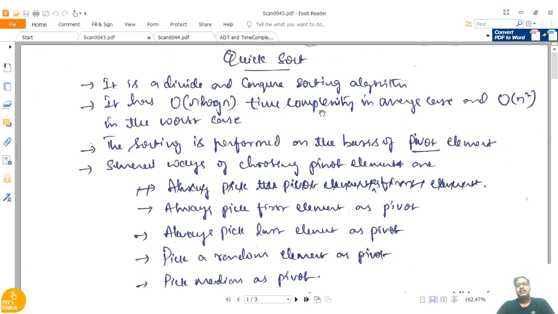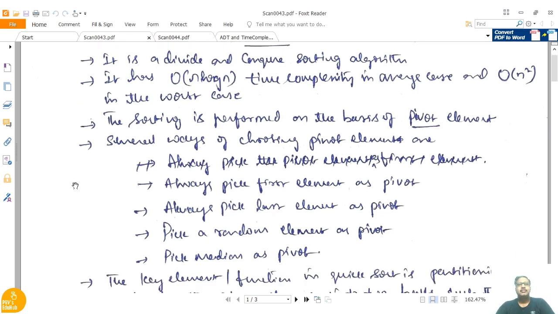In the worst case, 90% or more of the elements in the given array are not in sorted order. In such cases, it is said to be the worst case. So quicksort in the worst case will behave as the linear sorting techniques only. We have seen that those techniques have time complexity of order n square. If the quicksort has input in the average case, then it may give you the time complexity of order n log n.